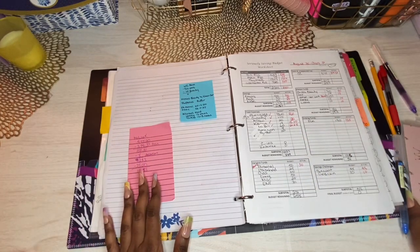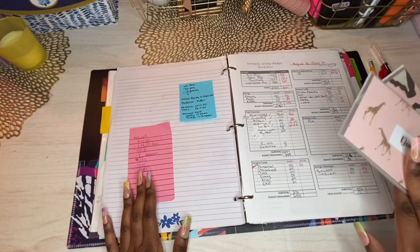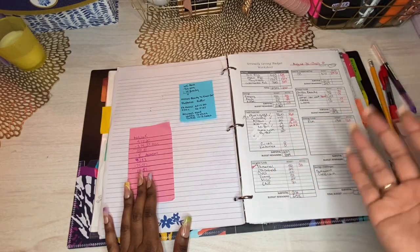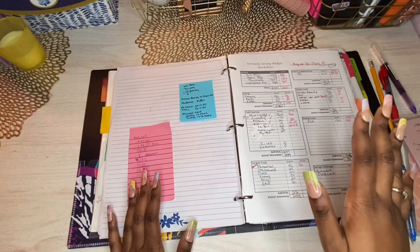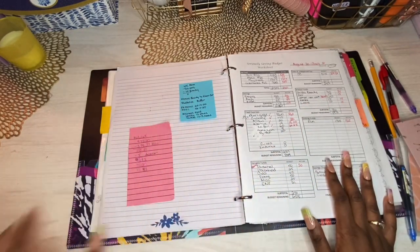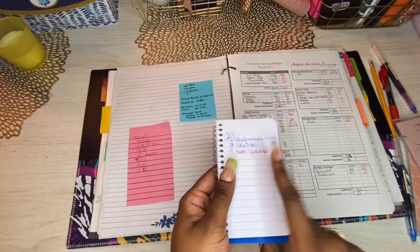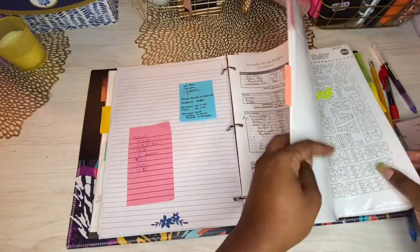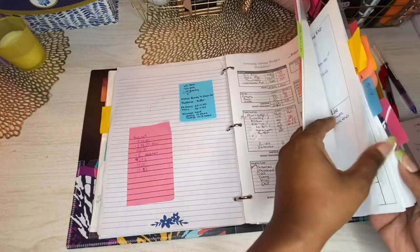I do like using cash, but my problem is when I am doing like grocery pickup, that has to be done on the card. So I just have to figure out a way to keep track of what I'm spending. So this so far has worked out really good. And I am at the end of the month going to fill out, I'll just show you like a blank one,